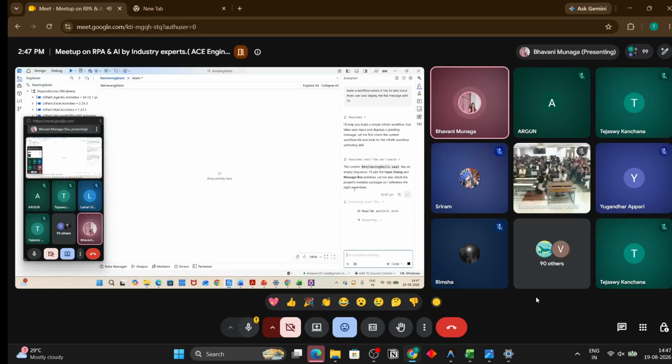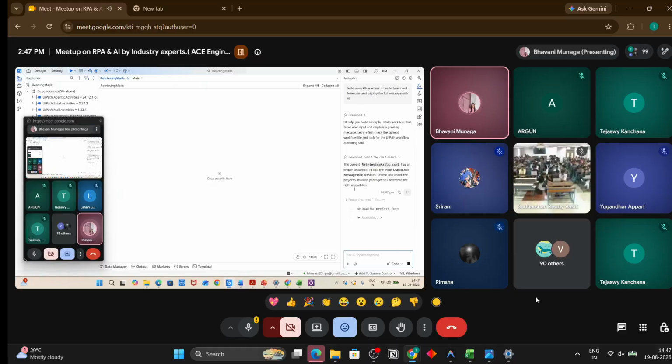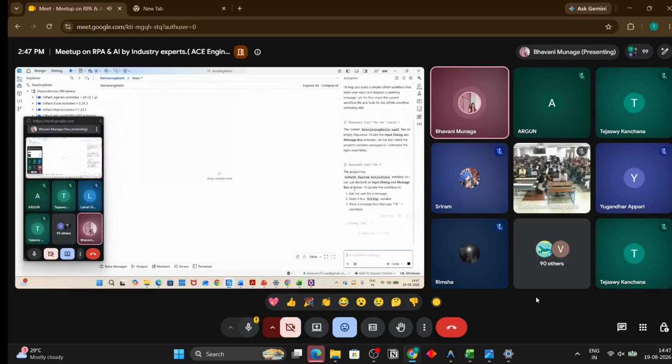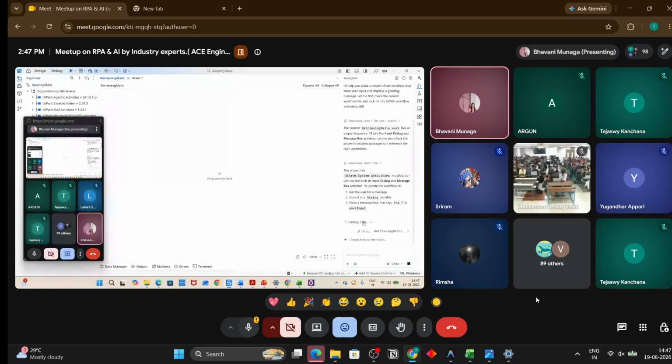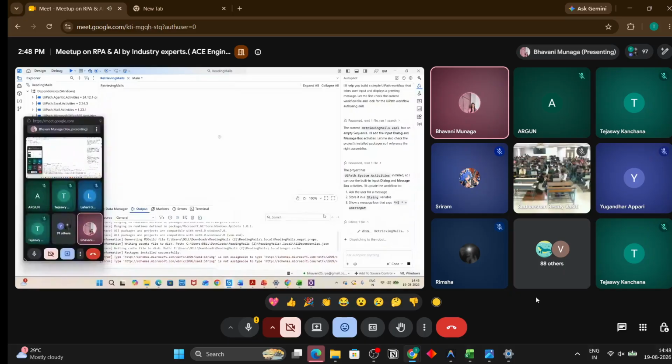As you all know, we have ChatGPT, Perplexity, everything. For this Studio, we have an autopilot. This will help you build your automations, which will reduce your time. Yeah. So if you see,